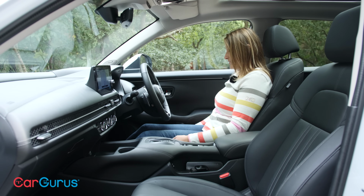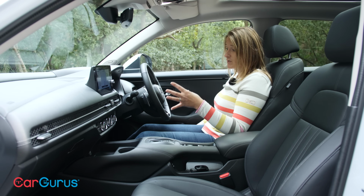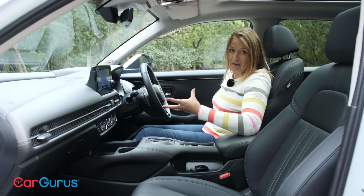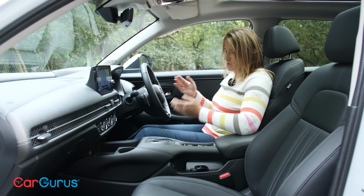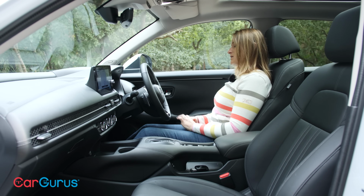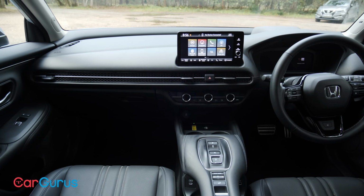Another big niggle I have, this is, like I said, top spec car, and you don't get adjustable lumbar support on the seat, which I personally really value because I've got a bit of a creaky back. So longer journeys, I think it would really benefit from that. But the flip side of that is that it does have sort of two-way seat base adjustment, so you can lift underneath your knees as well as the back of the seat, which I really like, and lots of cars don't get that. Other than that, it's generally fine, but